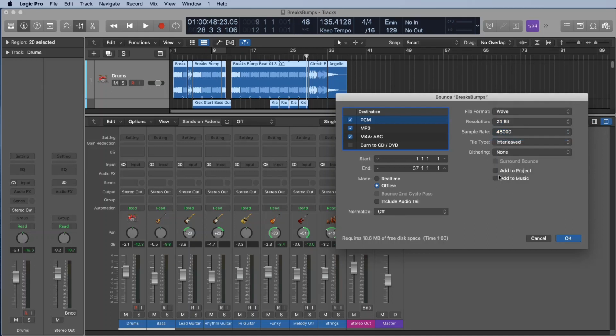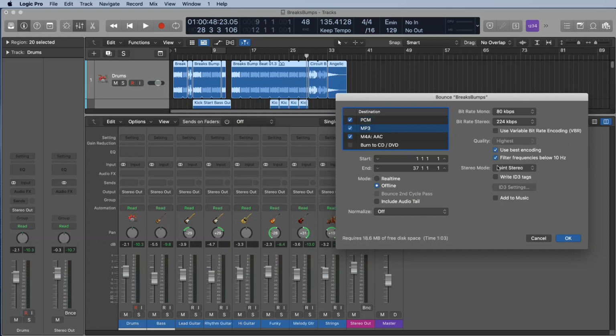Add to Music would go to your iTunes library. Add to Project would go into your project audio bin. So you also have some choices here. So once we continue down after choosing the file types we're going to create and setting up each of the file types, if I click on MP3, I can add some more information or change it to